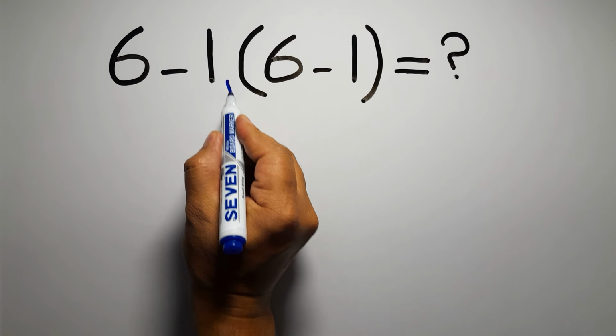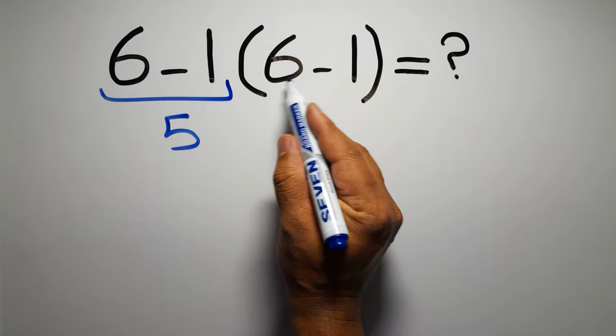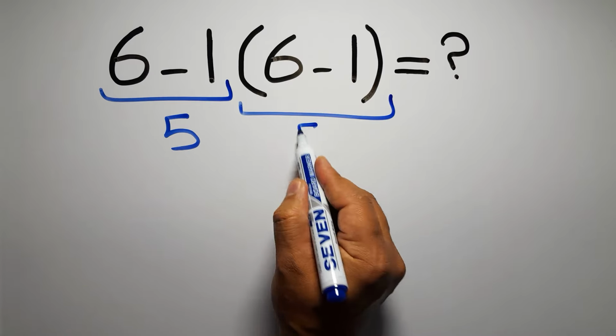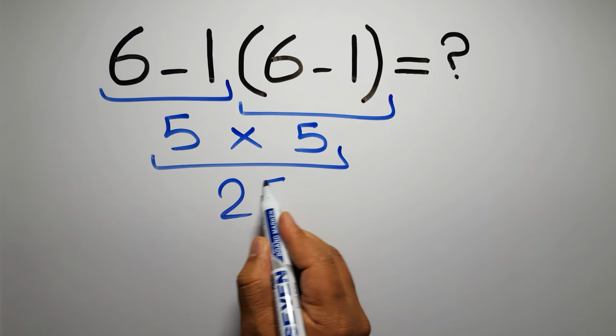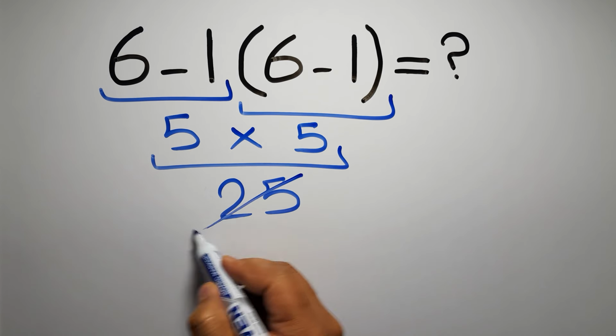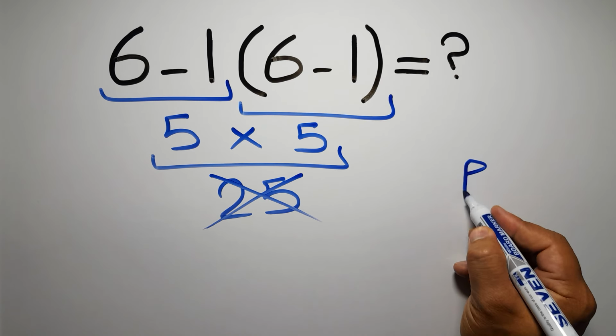6 minus 1 gives us 5. And again here inside this parenthesis we have 6 minus 1. So 5 times 5, which equals 25. But this answer is not correct, because according to the order of operations, first we have to do parentheses, then